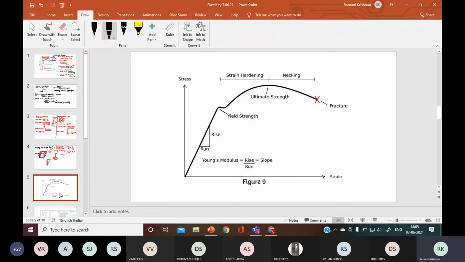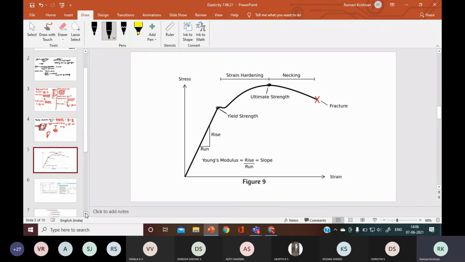This same diagram, where we have removed most of the things, you can see in any figure: we have a yield strength. This is the proportionality limit, and Hooke's law applies here. Ultimate strength means the peak of the curve. After that, only up to this the material will behave normally. So this is strain hardening. They have written necking here, but we can call it strain softening. So this topic we have seen.